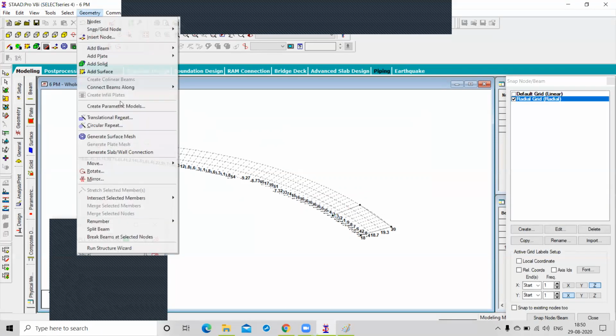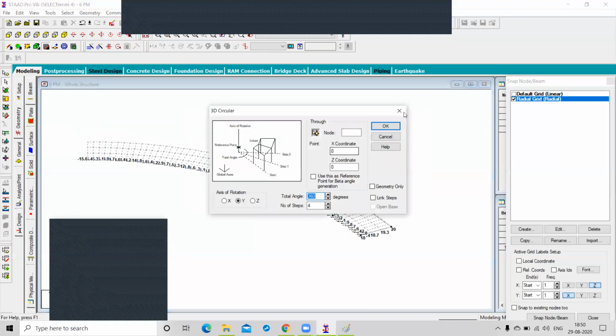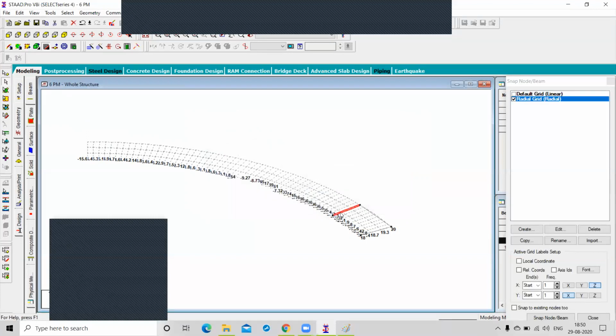Now I am using the circular repeat command. You can choose this member as a circular repeat, right? Activate the circular command.